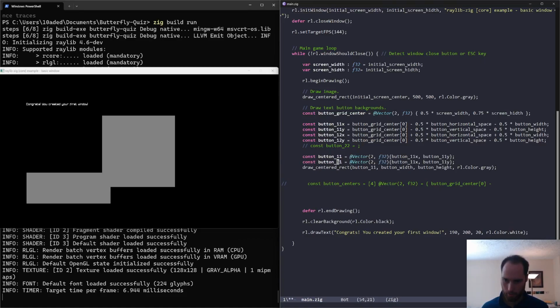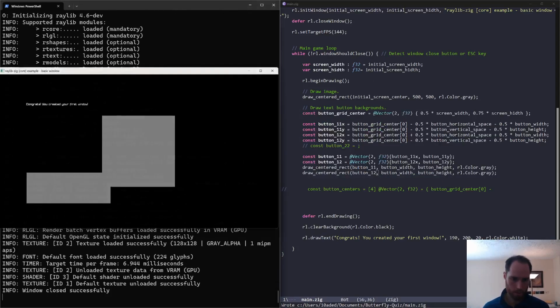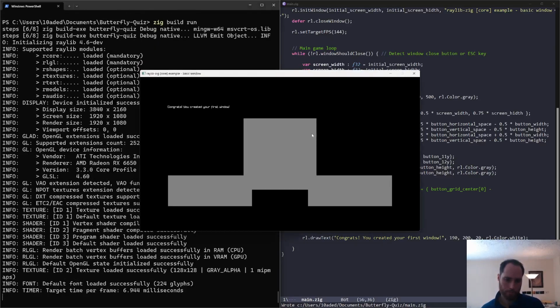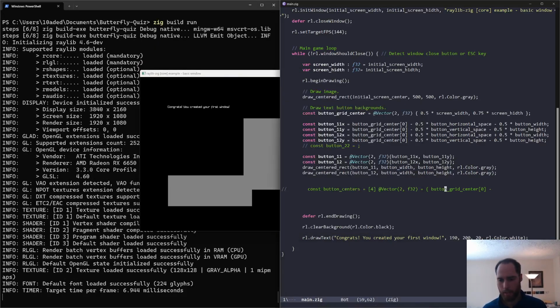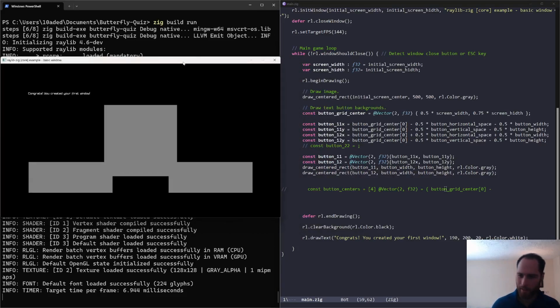So this one here should be, let's see, if we draw this one now, okay, get rid of that, rebuild it again. Okay, yeah, so the axes seem to be going from the origin, so maybe the origin in raylib is the bottom left instead of the top left, unless I'm doing something really silly with these calculations. Yeah, okay, in either case,